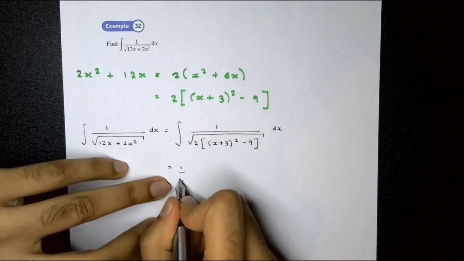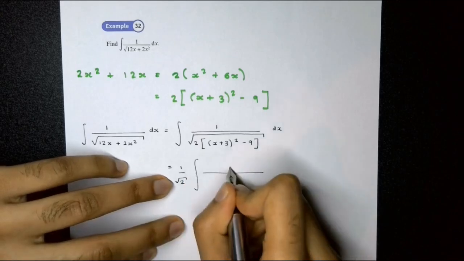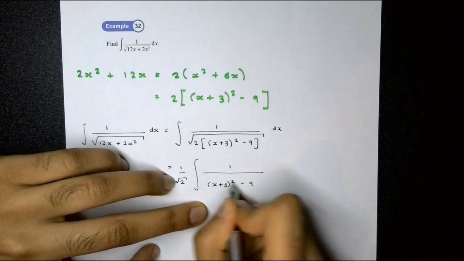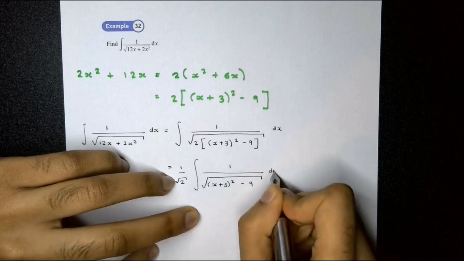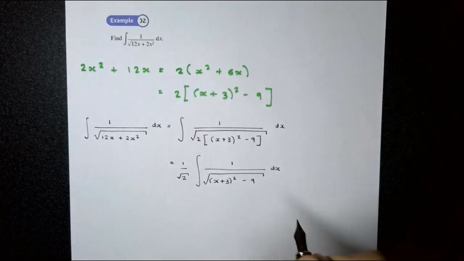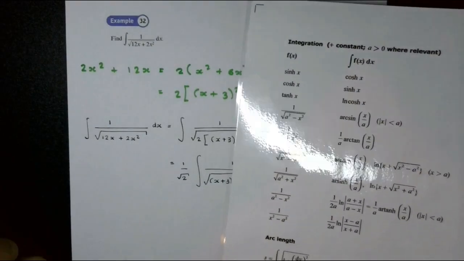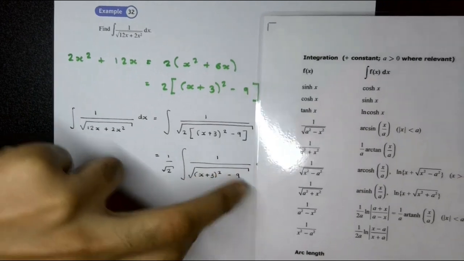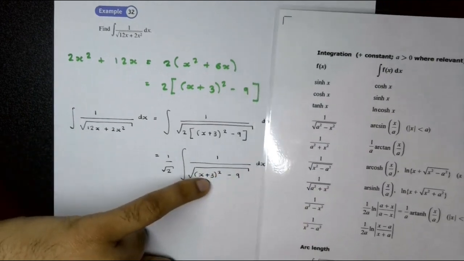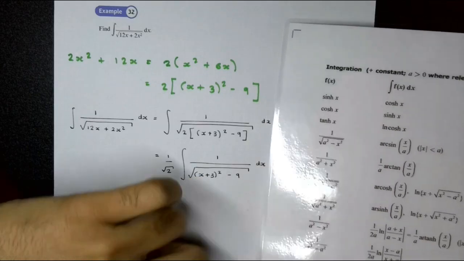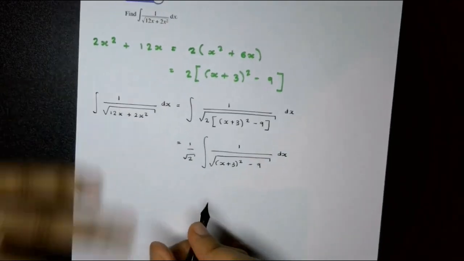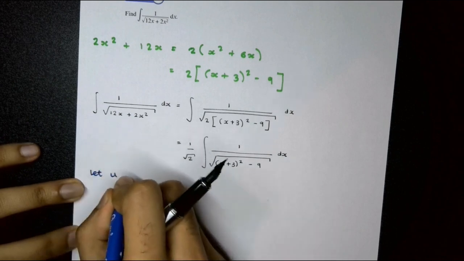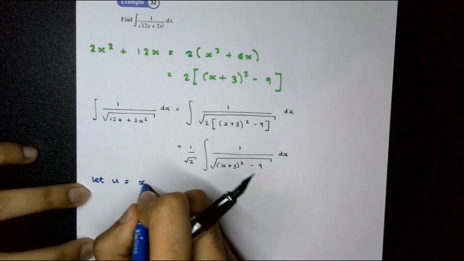So we've got 1 over root 2 lots of the integral of 1 over the square root of x plus 3 all squared minus 9 dx. And what you can hopefully see over here, this is very much similar to this result over here, but instead of us having an x, this time we've got an x plus 3. So the way we can approach this is to make a substitution. We can let u equal x plus 3, and therefore